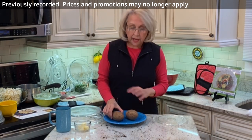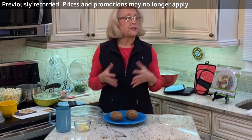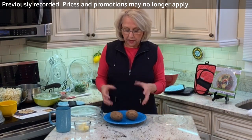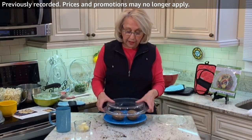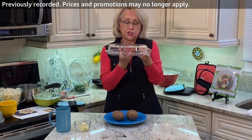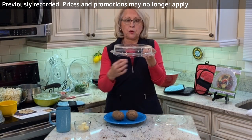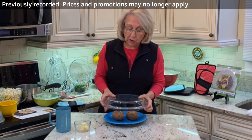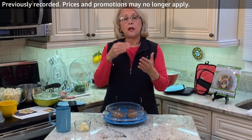So what I do is I wash them and I pierce them so they don't explode in the microwave. And then with the potatoes, I don't even have to add any water like I do with some of the vegetables, because the potatoes have moisture in them. So when you're steam cooking them, that moisture is going to come out. And the nice thing about the Cover and Cook is its dome shape is going to allow that steam to build up in here. Now, some of it will be released, which is what you want, but a lot of that steam just circulates in there, and that helps to cook your food so efficiently,